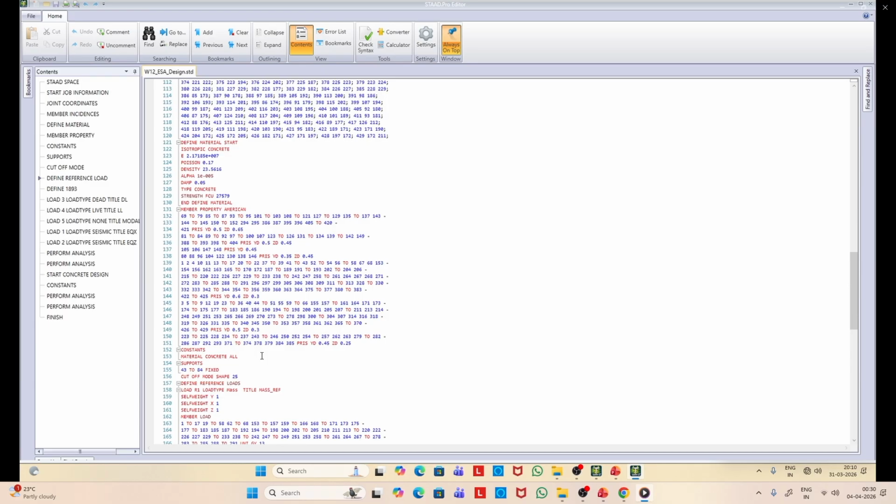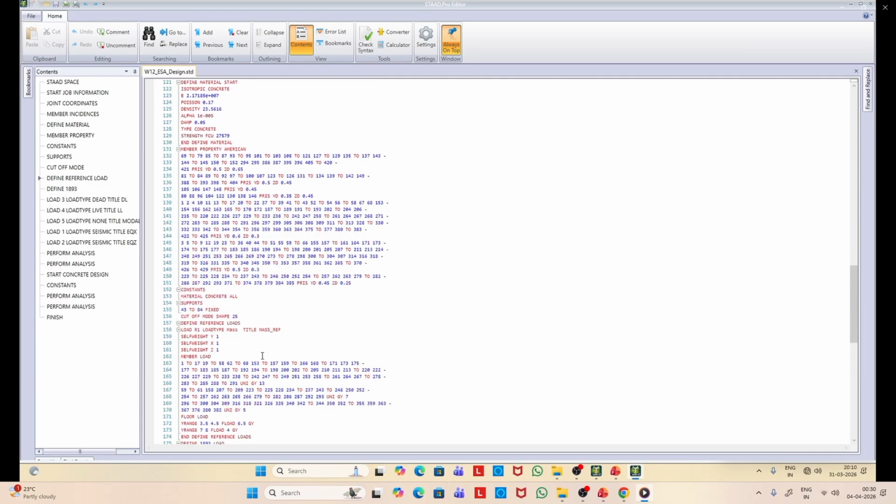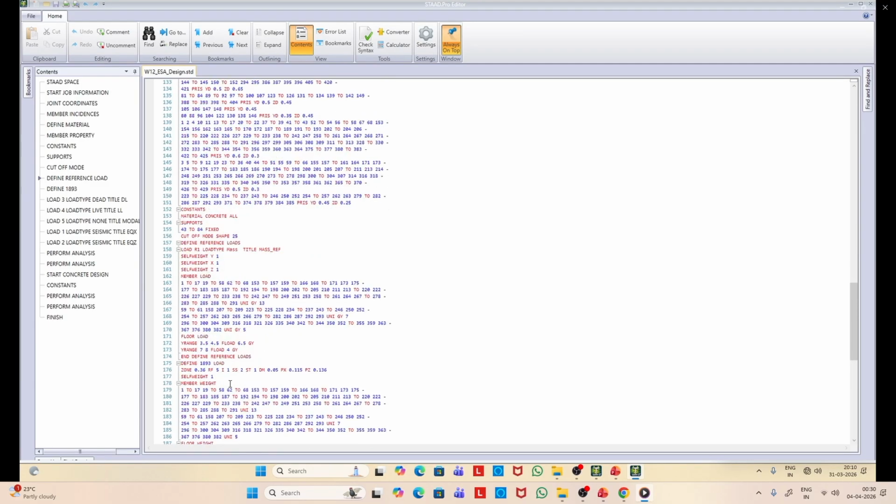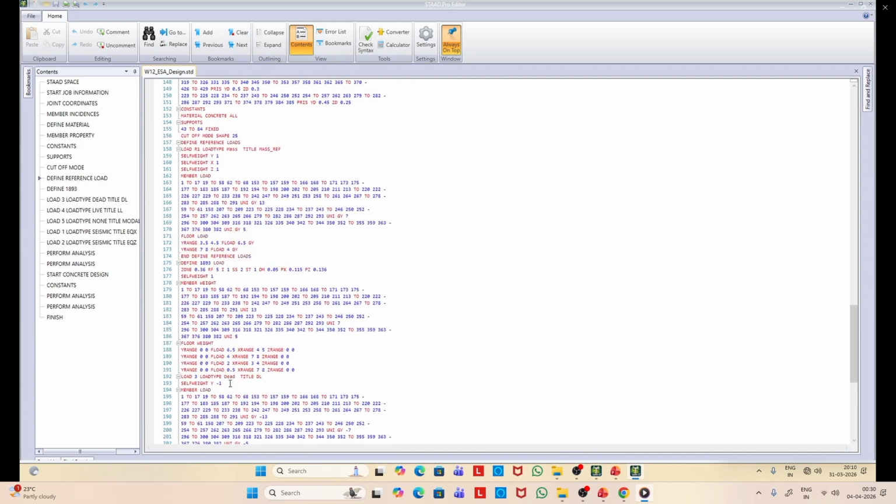Now here you see we have these two load cases under modal analysis. So let us first readjust.